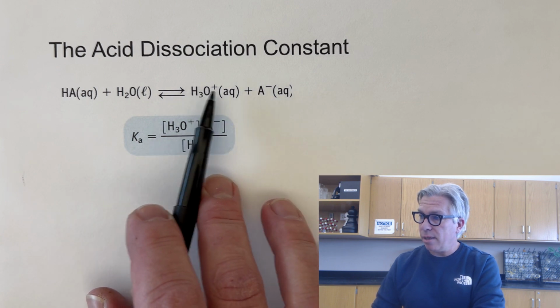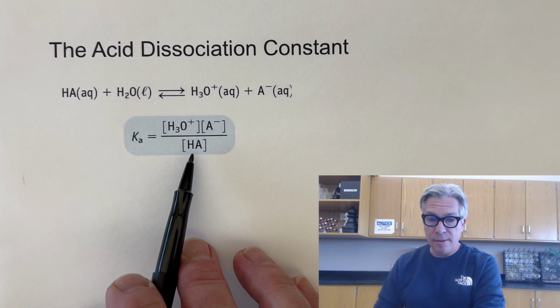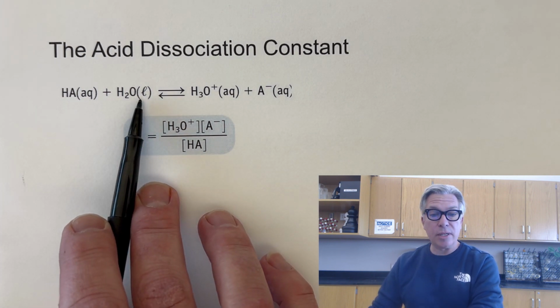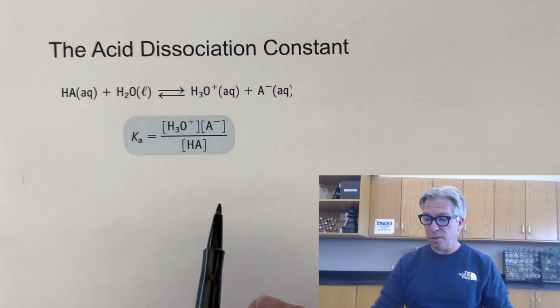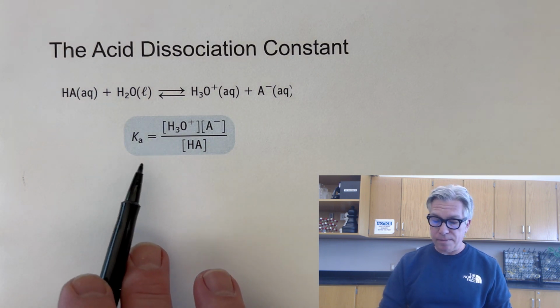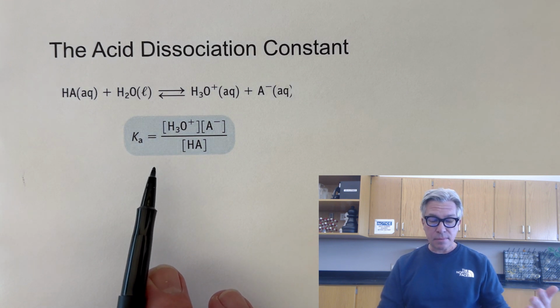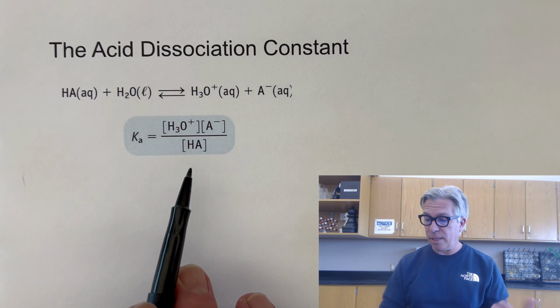These are our two products, and we have H3O plus and A minus over HA. And the water is not included because water is the pure liquid that all this stuff is swimming around in. And because it's pure liquid, it makes it heterogeneous, and we don't include that. So you'll see this a lot. This appears on, for example, the AP chemistry formula sheet that you might end up using, but that's the generic